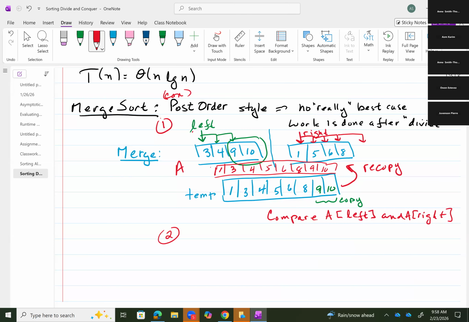The bigger problem, problem 2, is I'm creating and destroying temp arrays on every call to merge. So when you run this,